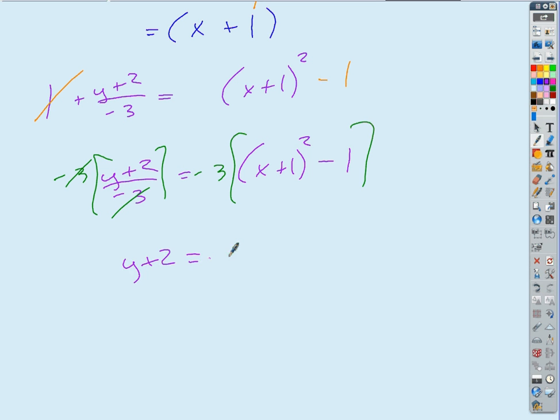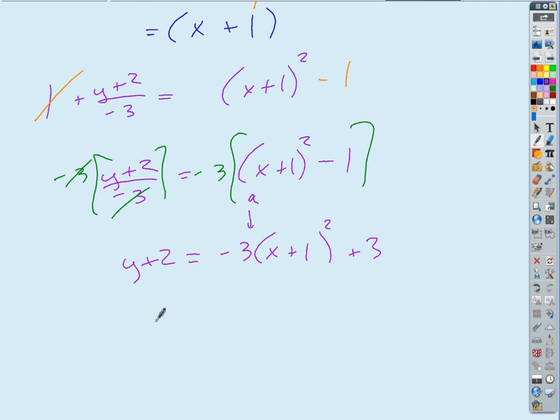y plus 2 equals negative 3. Do I try to distribute that inside? Cannot do that, can I? Because it's being squared. So I get negative 3 times the quantity x plus 1 squared, but that's good because that's just a, isn't it? Right? And then plus 3, last step,